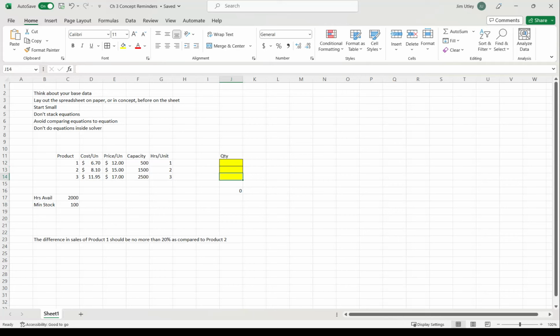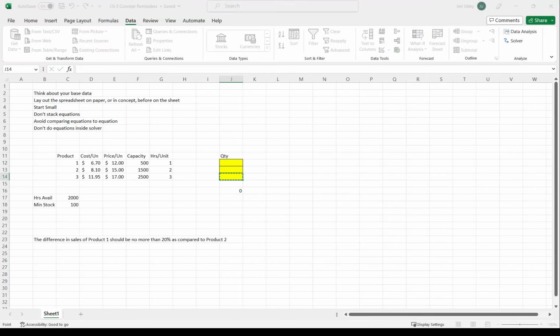So let's think about the few things I need to understand from this. I potentially could just go rogue and open Solver. I didn't put a formula in there yet for profitability, but let's say I want to create a constraint or a cost or something. I could put formulas right here inside of Solver. It does work. It is not a good idea. So I'm going to close that. I know it has to be on the active sheet. I'm going to get around to my profitability in a minute. Instead of building formulas inside of Solver, which makes it hard to see what's happening,